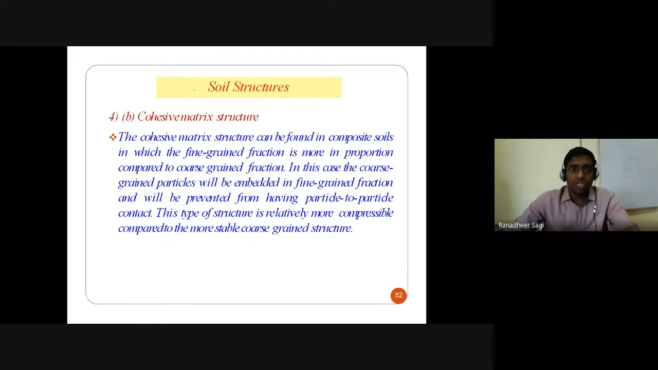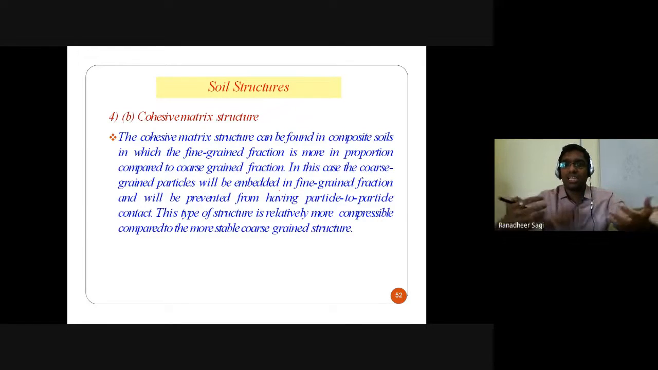And the other type of structure is the cohesive matrix structure. The cohesive matrix structure is once again found in the case of composite soils only, containing both a coarse grained fraction and a fine grained fraction of soil particles. However, here the fine grained fraction is very predominant. The quantity of fine grained fraction is going to be very high when compared to the coarse grained particles. So in the case of the cohesive matrix structure, the coarse grained particles will be embedded in